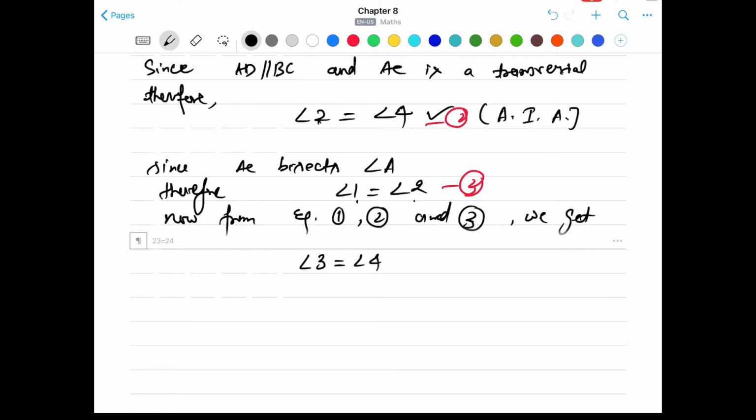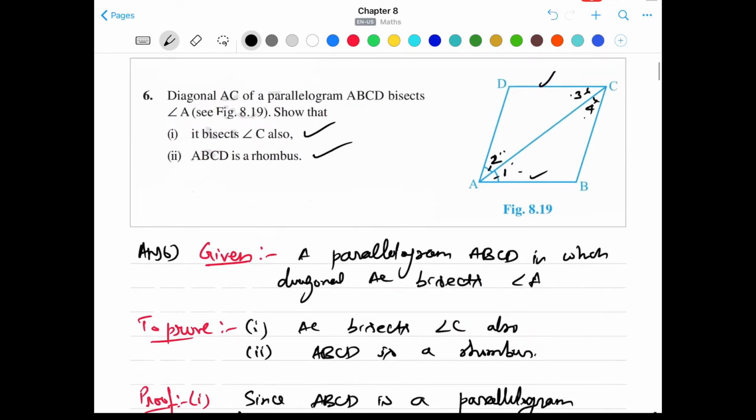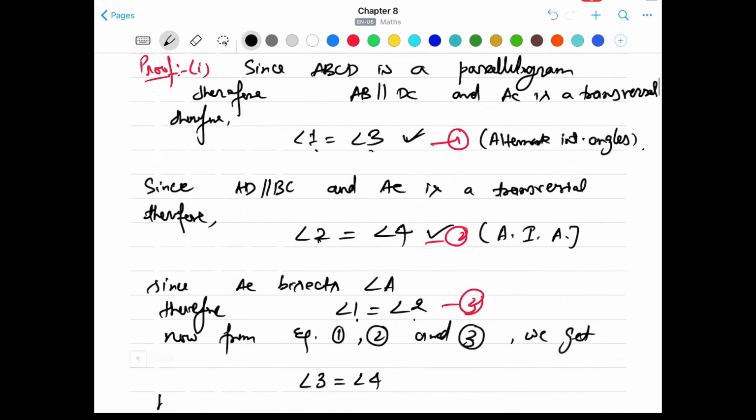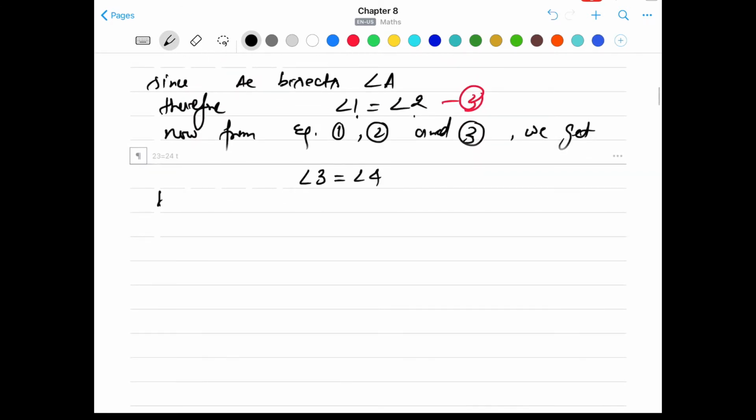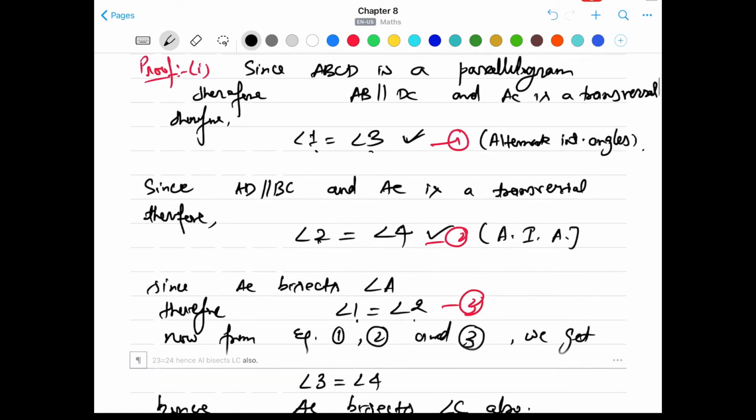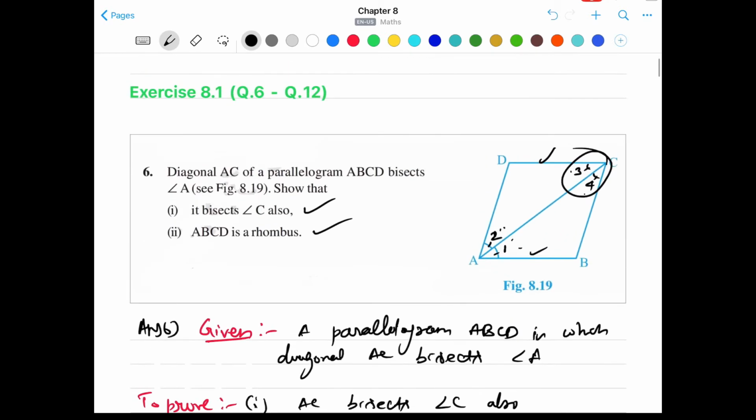Okay, hence angle 3 and 4 are these two angles. So hence AC is bisecting, hence AC bisects angle C also. Okay, so we have proved that 1 is equal to 3 because they are alternate interior angles,